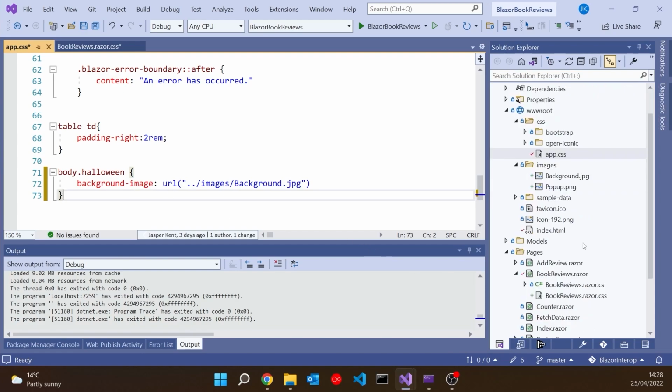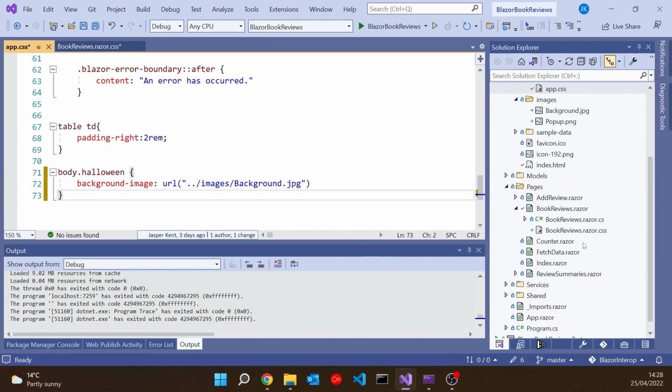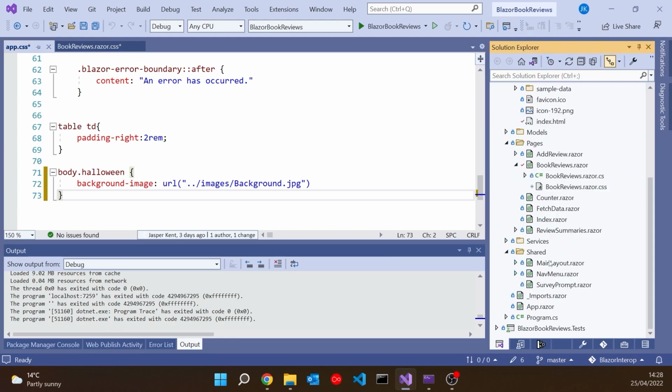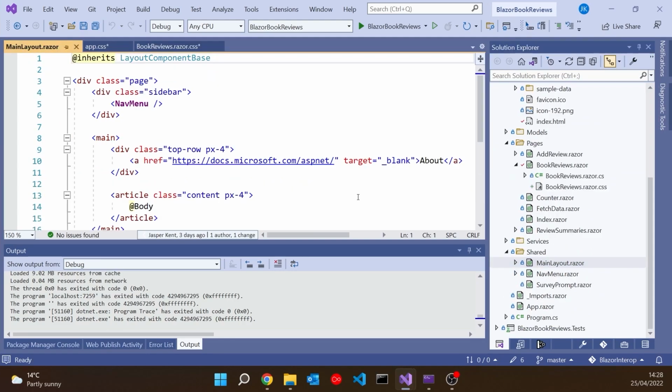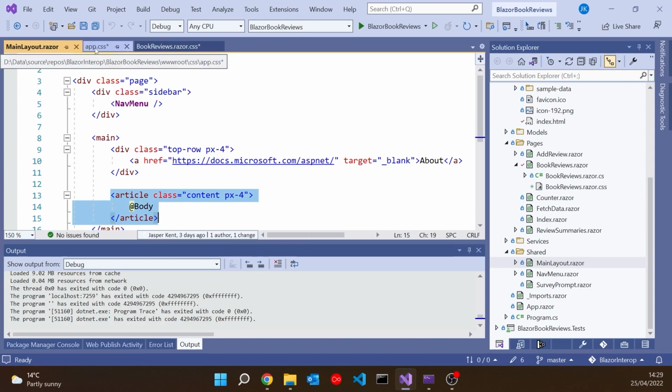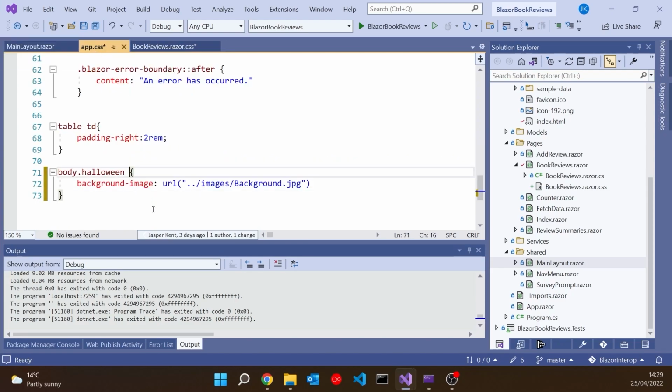And then in fact, I don't want to apply that to the entire body. What I want to apply that to is, if we go and look inside the main layout, that's the basic layout where we've got our nav menu that we've put in there. And I basically want it to be in here. So what I'm going to add on to that is, in here, we're going to say main arrow article.